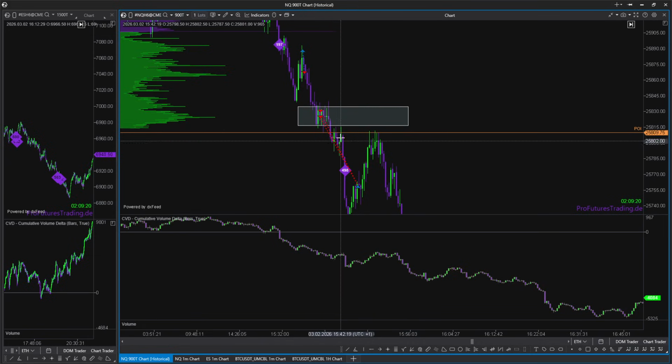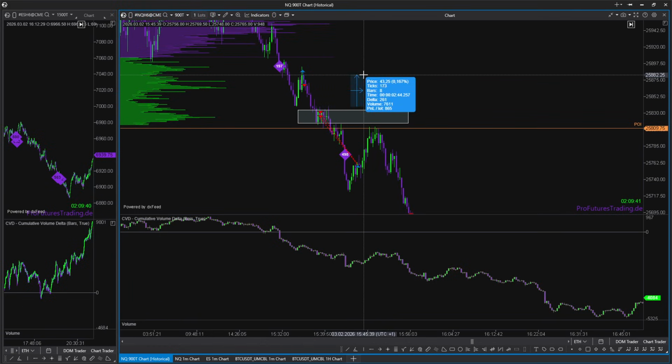Okay. After we broke it, I just put my stop loss above this zone, because when the market is going to push back into or above my zone, the stop loss gets triggered. I don't want to be in it, because it can happen that the market is going to be doing like this, and then you are 234 ticks in minus, which is not good. So I try to keep a tight stop, and then basically it just did what it did